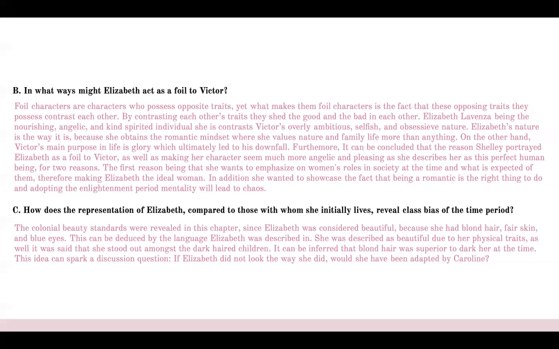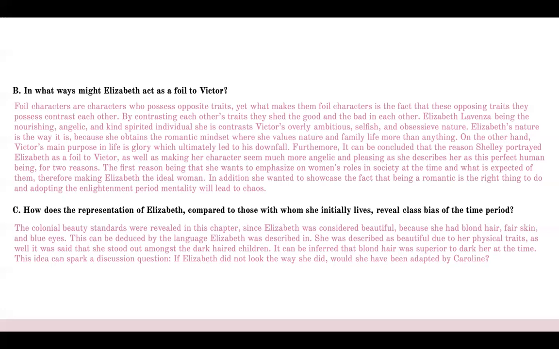So basically, in this character dynamic, the message she is trying to portray is two things. Firstly, do not let work consume you. And secondly, the romantic ideology is much more preferred than the Enlightenment ideology, because the romantic ideology would help you have a peaceful mindset, whereas the Enlightenment period ideology would just lead you to a downfall because of all of the stress and chaos it causes in one's life.